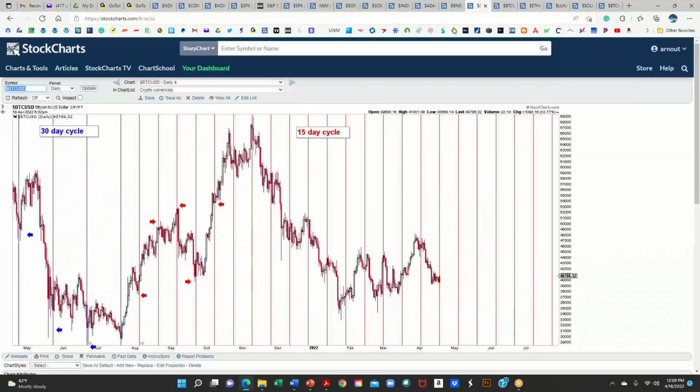Looks pretty decent. Bitcoin, from a timing perspective, is right at the 15-day cycle. The 15-day cycle doesn't work all the time, but it works reasonably well for picking out important highs and lows. We had the recent early April turn, which was the high. Now we're at the mid-April turn, which is potentially about a low. So that aligns reasonably well.